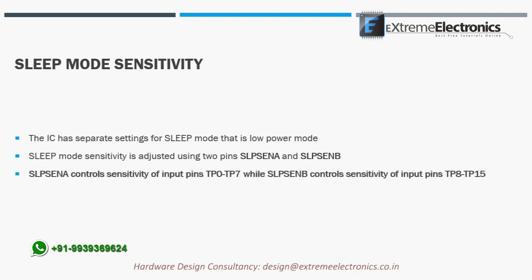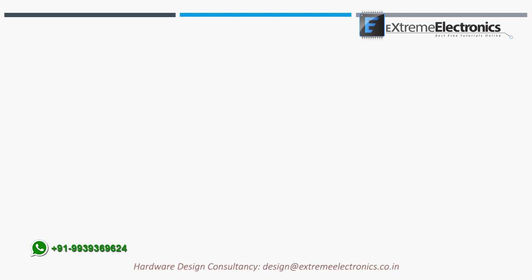SLP-SEN-A controls the sensitivity of input pins TP0 to TP7, while SLP-SEN-B controls the sensitivity of input pins TP8 to TP15. Capacitors need to be connected in the same way as discussed previously. The next settings are related to output type. These are not of much interest to us in this project because we are using the serial interface and not the